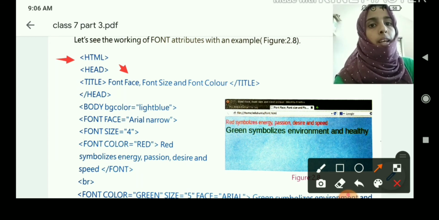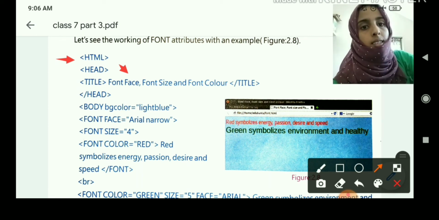Okay, then in the body we give bgcolor equal to light blue, then font face equal to Arial Narrow, that means font name Arial Narrow, then font size equal to 4 and font color is red. Okay, then type the text.